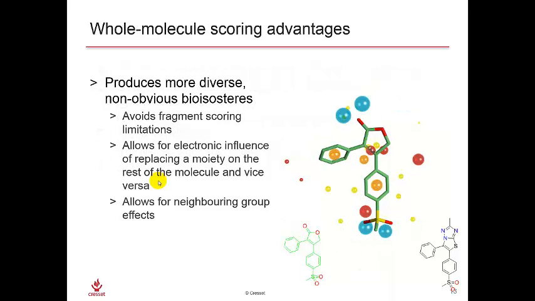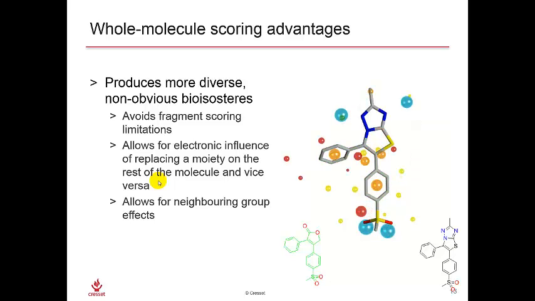Scoring whole molecule to whole molecule allows us to circumvent fragment-to-fragment scoring limitations. As you can imagine, you may find a fragment that works well at the fragment level. However, when placed in the context of the whole molecule, the electrostatics may be altered such that activity is lost. Whole molecule scoring, underpinned by Cresset's XED force field, allows us to see neighbor group effects and the electronic influence